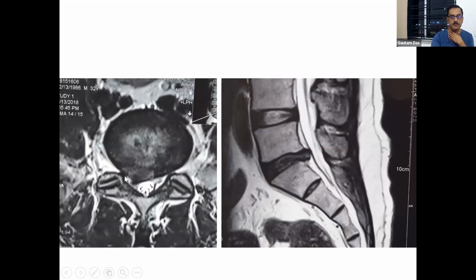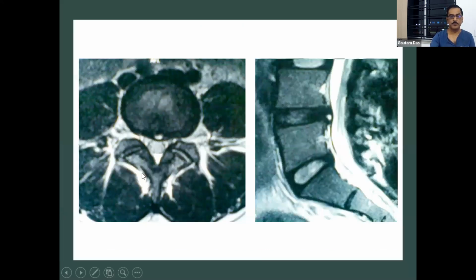So again another example. Here the disc is having very good hydration. So this is the case where the ozone nucleolysis is going to help, because if hydration is there, the ozone nucleolysis helps. This is the type of the prolapse where